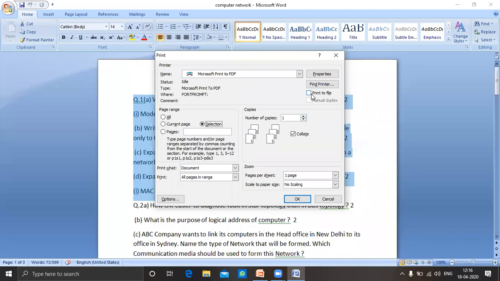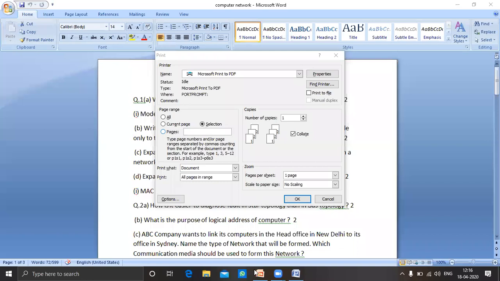And if you want to print to another file, you can do that. So these are the general options: name of the printer, then page range. It is important, meaning if you want all pages or the current page, or you can specify the number of pages or a range of pages, or only the selected area. Clear?